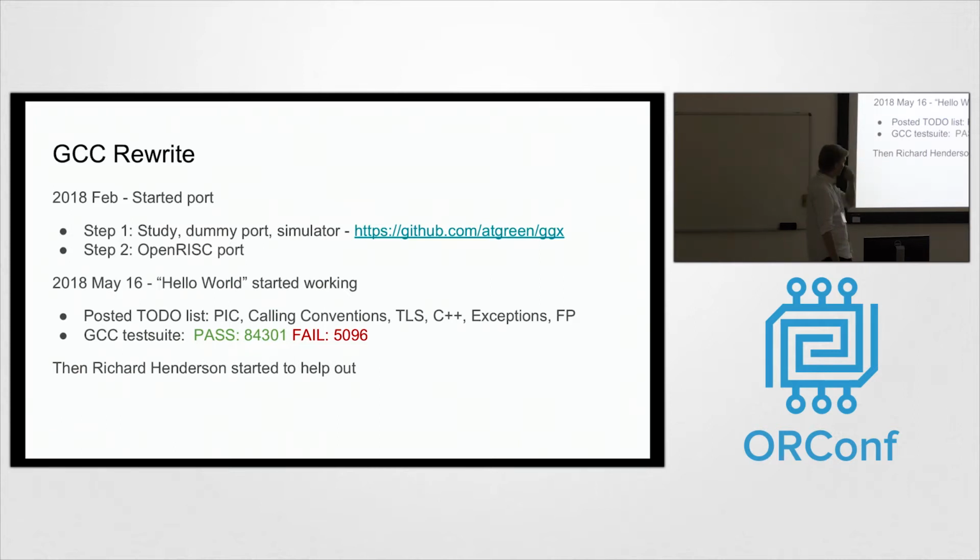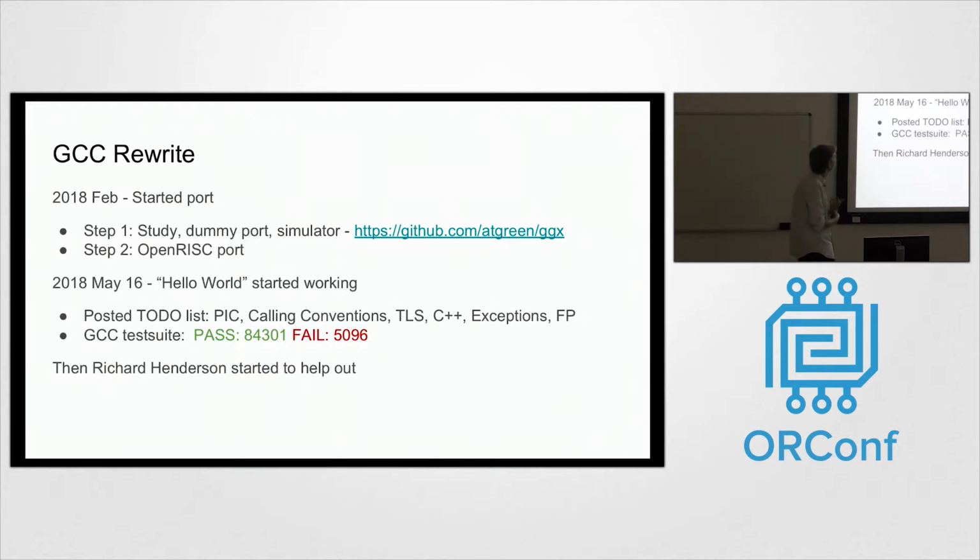And then you also have to define a bunch of calling conventions in C code, and it's just like 3 files basically. But it took a while to figure all that out, and I wrote a dummy port first. I created a new architecture and a new simulator using this guy's tutorial. It's called the GGX CPU, and you go through a tutorial and it shows you how to port your own CPU to GCC. And then I figured out I could probably do it, so I wrote the OpenRISC port.